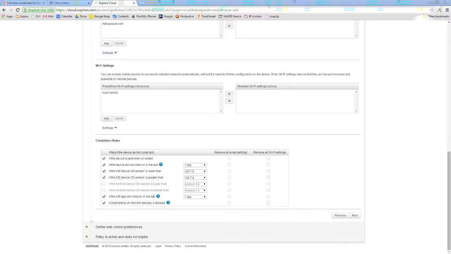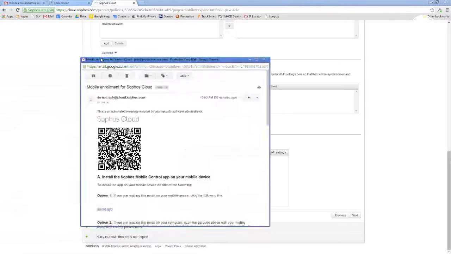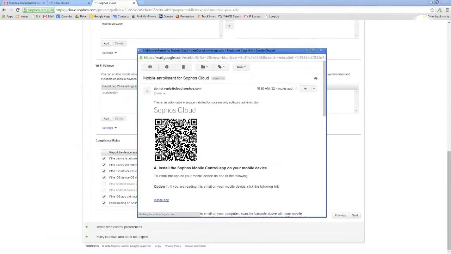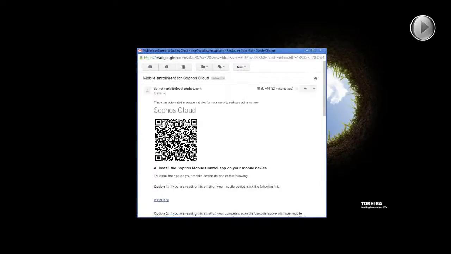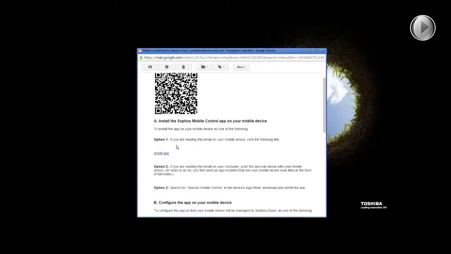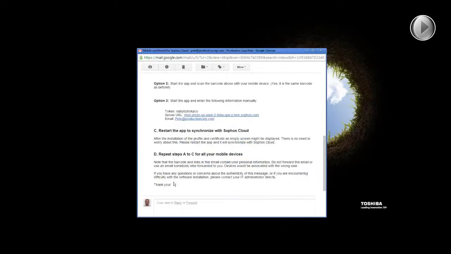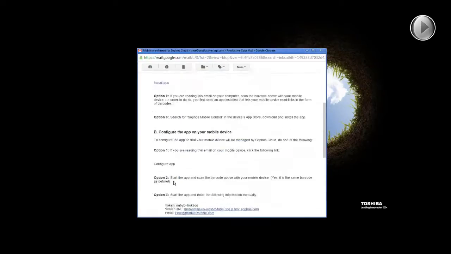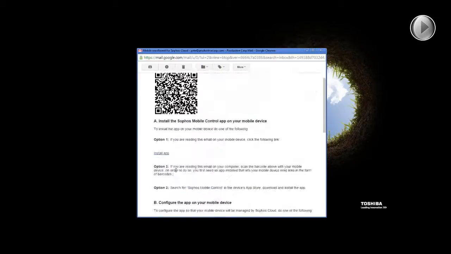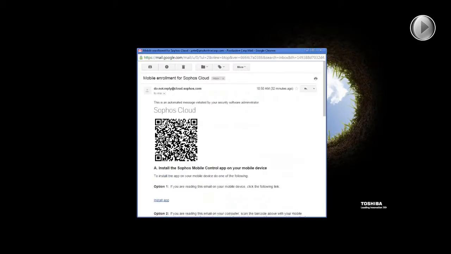To get them set up, once I have my policy set up and I've added them to the group, I'm going to send them 2 emails. This is what's going to help them get set up their iPhone, iPad, Android device, whatever it is. They can start by doing a QR code. Or let me just minimize this other one so this is easy to see. They can start by taking a snapshot of this QR code, or if they don't have that, they can just follow the instructions here to get this started. So they can do this right off of their work machine or some other device to get their mobile device started. Any QR reader, of course, will work here.